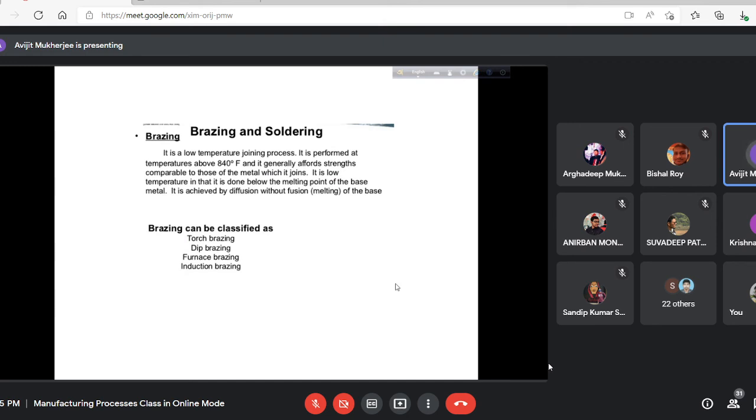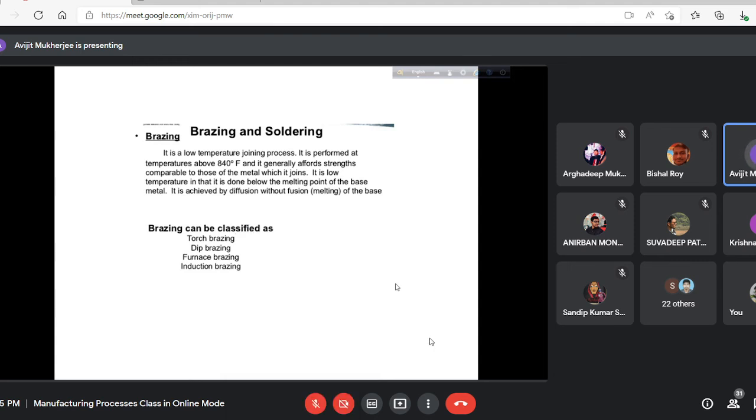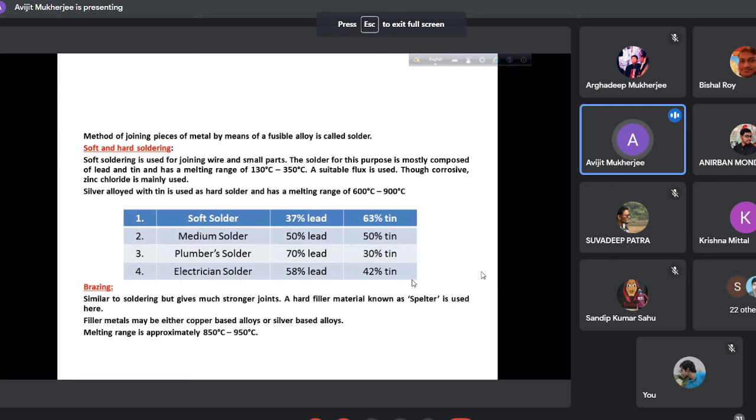Now, this is important. Another two important aspects are brazing and soldering. You are also familiar with these two terms, soldering and brazing. Particularly in electrical wiring, electricians use this solder torch, right? So that is a low heat technique, low heat joining. And this is a method again,